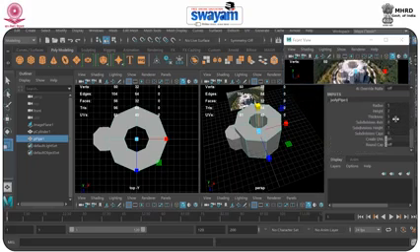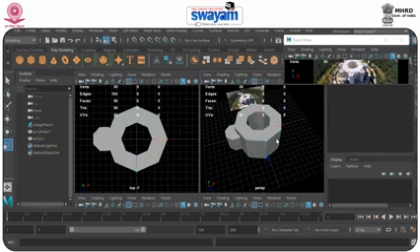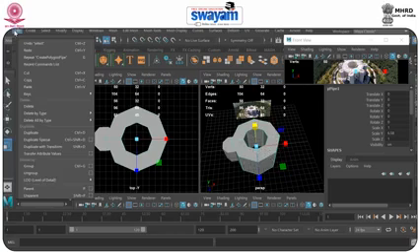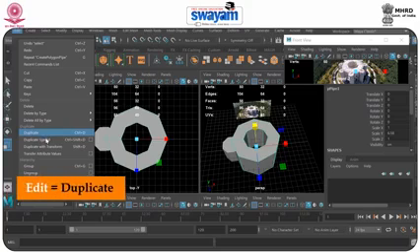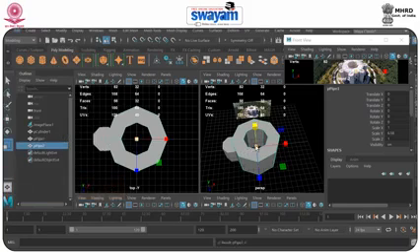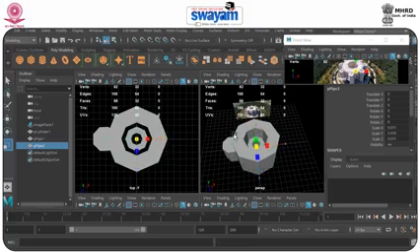Now again come to the polygon and put the value to 2.5. Now it's a little fine. Here you can see on top there is a minor detail like a boundary available over there. So what we can do, we can duplicate this polygon with the help of duplicate, and now the cylinder is duplicated, and now scale it and move it up.